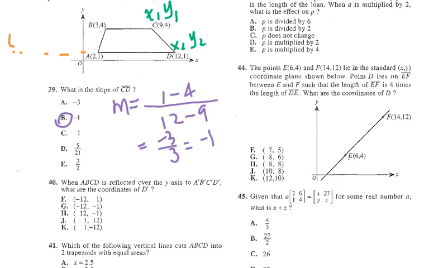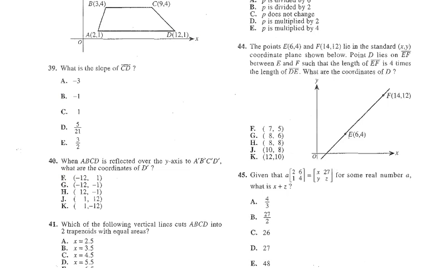Therefore, for this part, x will be opposite and the y coordinate stays. Answer will be F. For number 41, which of the following vertical lines cut ABCD into 2 trapezoids with equal